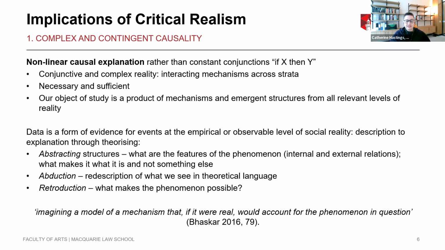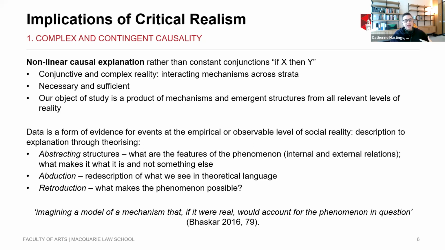And our object of study is a product of mechanisms and emergent structures from all of those relevant levels of reality. So it becomes more difficult to produce causal explanations if you allow for all this, because context becomes really important, and how you think about conjunctive interactions becomes really important. Leading from that, data is a form of evidence at the empirical, observable level of social reality, but we need to move from description to explanation through theorising if we're going to make claims about how things happen, causal explanations. There are three main ways that